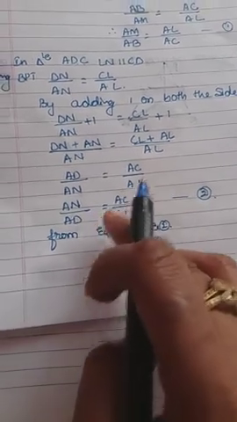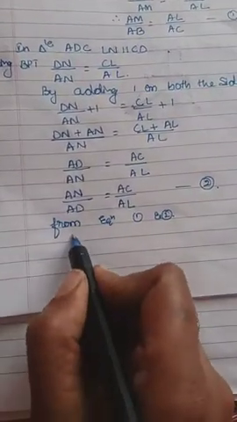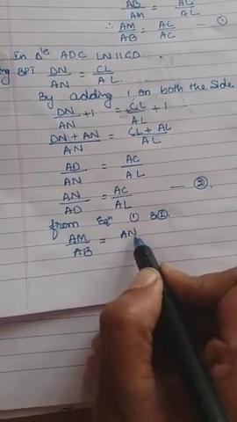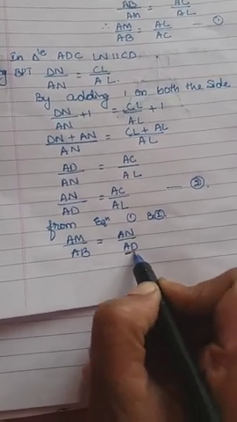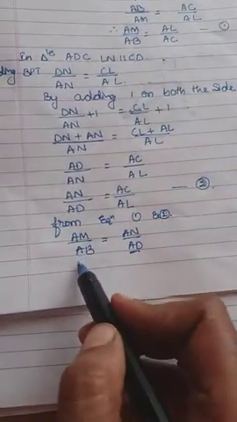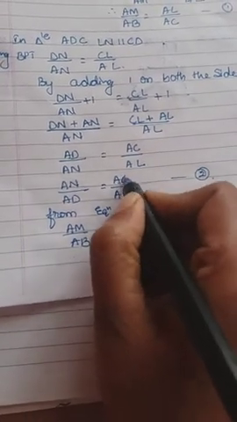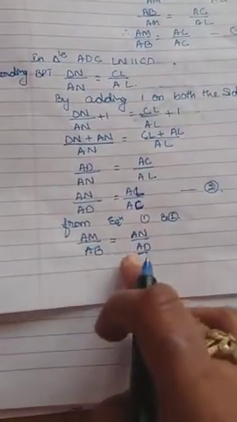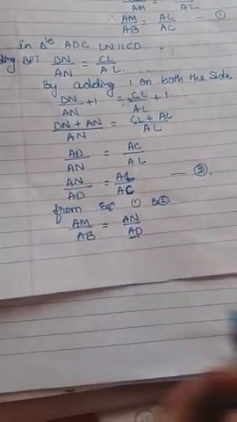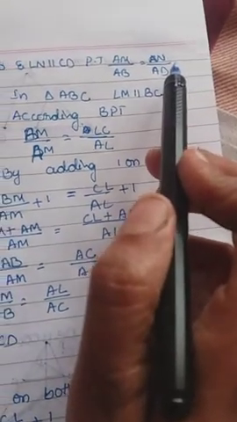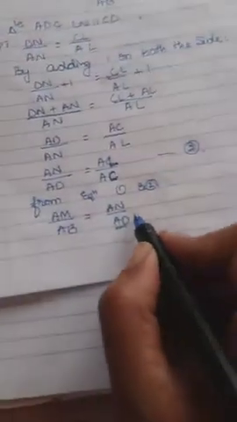So we can write that as AM divided by AB equals AN divided by AD, right? Okay, AM divided by AB equals AL divided by AC here, if interchanged. So both are AL divided by AC, both are equal. So AM divided by AB equals AN divided by AD, we can write. That thing only they are asking us to prove, that AM divided by AB equals AN divided by AD. So this is proved.